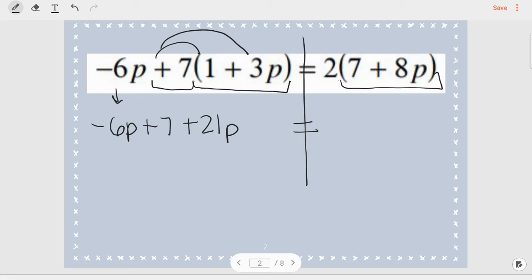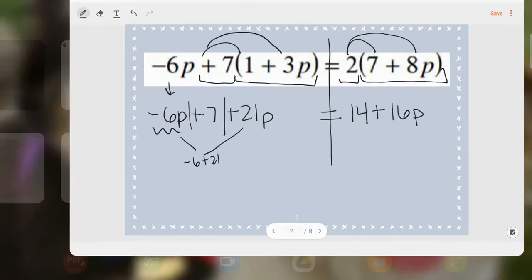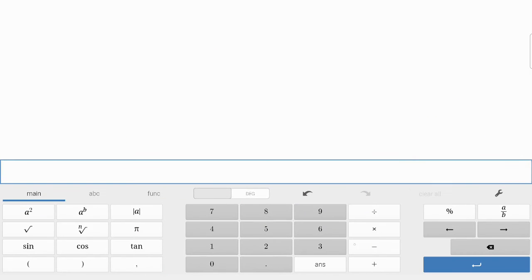Here's my parentheses. I'm going to distribute a 2. 2 times 7 is 14, and 2 times 8 is 16p. Continuing on, I look at the left-hand side. I still see that there are more than one variable, so I'm going to separate out, and I am going to combine my like terms. So negative 6 is a like term with positive 21. So negative 6 plus 21, let's check that in our calculator. Negative 6 plus 21